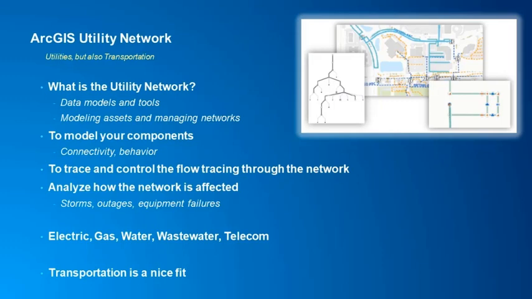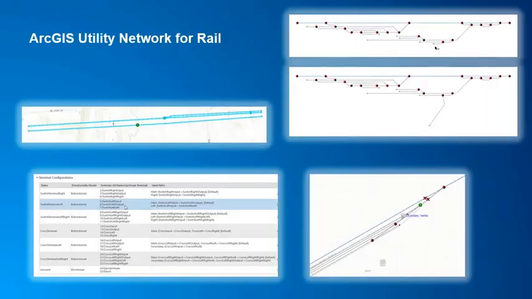transportation since it's also a domain where digitizing the world into points, lines, and polygons isn't enough. You want to design rules into the objects so that you can better manage the overall system. We're already starting to see the usefulness with railroad networks, not only to trace the flow of trains and seeing how different parts of the system are connected when switches are activated, but it can also be helpful when running an isolation trace to decide which switches need to be activated in order to flag out a section of track